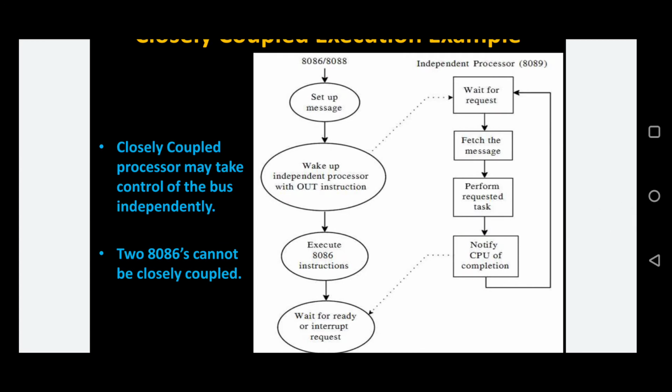The first block is the setup message. It is the first step, where it fetches the instructions from the memory. Here the 8089 communicates with the host processor using a memory table, and the memory table contains the details of the task to be executed. That table contains the program, or some instructions. These tables are prepared by the host CPU to allot a task to the IOP, that is the input output processor. The host CPU interrupts the input output processor after allotting a task to it. By using the OUT instruction, it will interrupt the 8089.